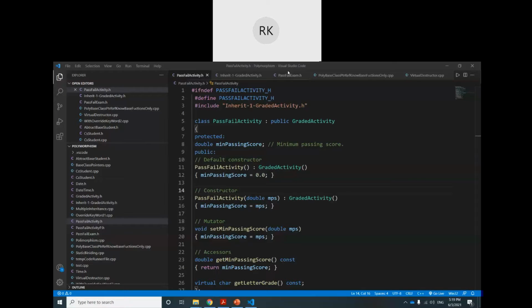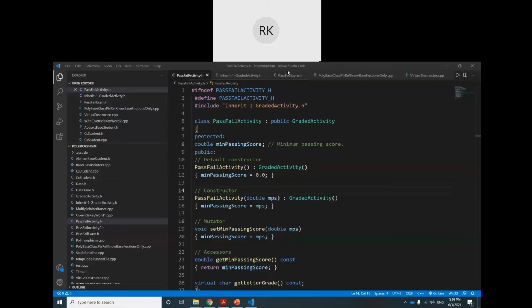The problem is this one: base class pointers and references only know about members of the base class. They don't know the members of the child class. This is why we cannot call it, so you see the compiler gives an error here. So the conclusion of this whole discussion is that even though we are passing a pointer of sometimes parent class, sometimes child class, the pointer only knows about parent class functions. It cannot call child class functions. This is a problem with the pointer. Okay, next one